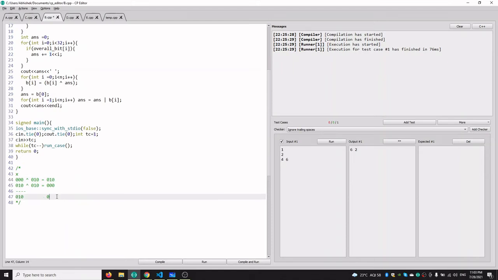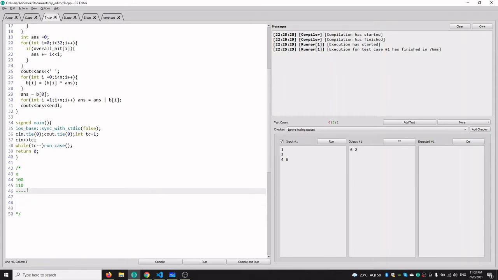So what is the optimal solution? If all the bits are 1, then there is a point of flipping it, otherwise there is no point of flipping. So how to calculate x? If all the bits at the kth position are 1, then the kth position in x is also 1, otherwise it would be 0.